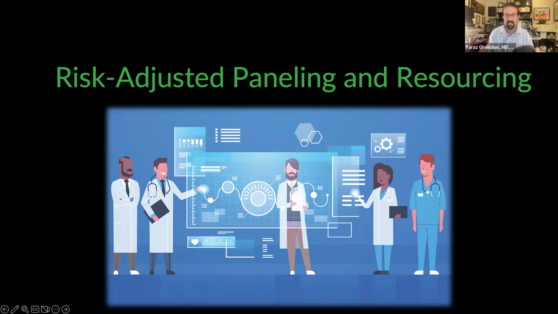There are some that use it, like I said, to tailor that panel size, but another one is looking at the level of support that you're needing for primary care practices. And that's not just clinicians, right? It ends up being medical assistants, nurses, APPs, clinical pharmacists, social workers, et cetera, depending on the complexity and intensity of the care being provided. So this is also something that's currently in its infancy, but we're starting to see more and more use cases.